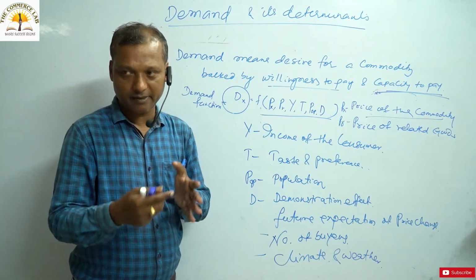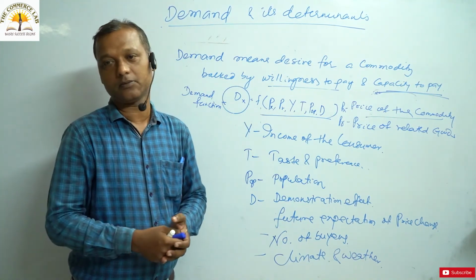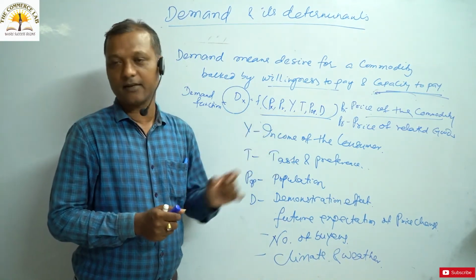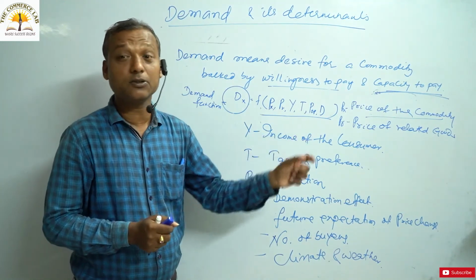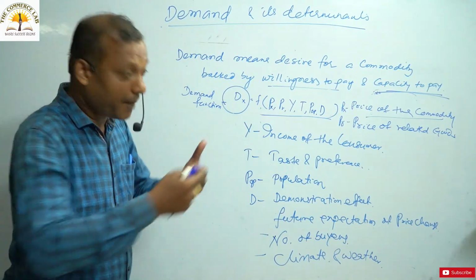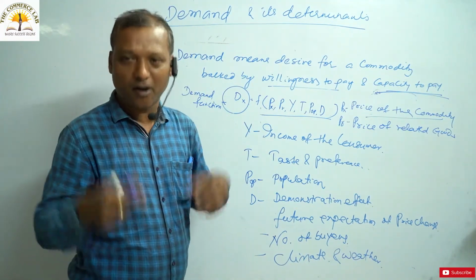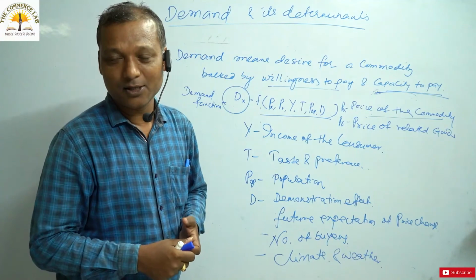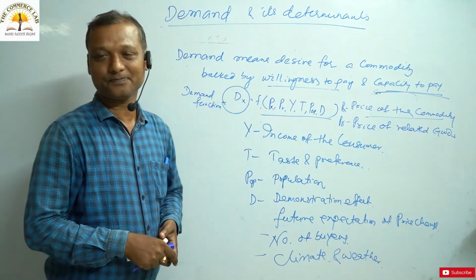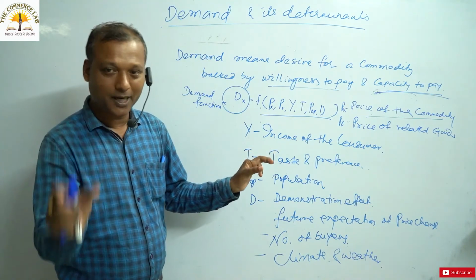When the price of bike is 70,000 rupees, I am talking about total demand. We demand 70,000 liters of petrol all over Ganjam. When the price of bike falls from 70,000 to 60,000, तो बाइक का प्राइस अभी क्या हुआ, घट गया, कम हो गया. तो बाइक का प्राइस कम होने से बाइक का डिमांड ज्यादा हो जाएगा. When the price of a bike falls, obviously बाइक का डिमांड ज्यादा हो जाएगा. सो बाइक का डिमांड ज्यादा होगा तो पेट्रोल का डिमांड क्या रहेगा, पेट्रोल का डिमांड भी ज्यादा. तो इसमें क्या हुआ, बाइक का प्राइस कम हुआ तो पेट्रोल का डिमांड ज्यादा हुआ.